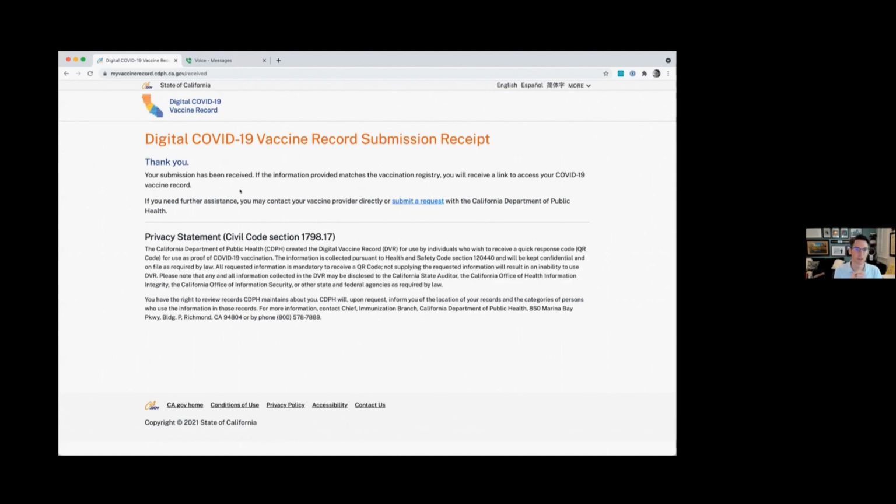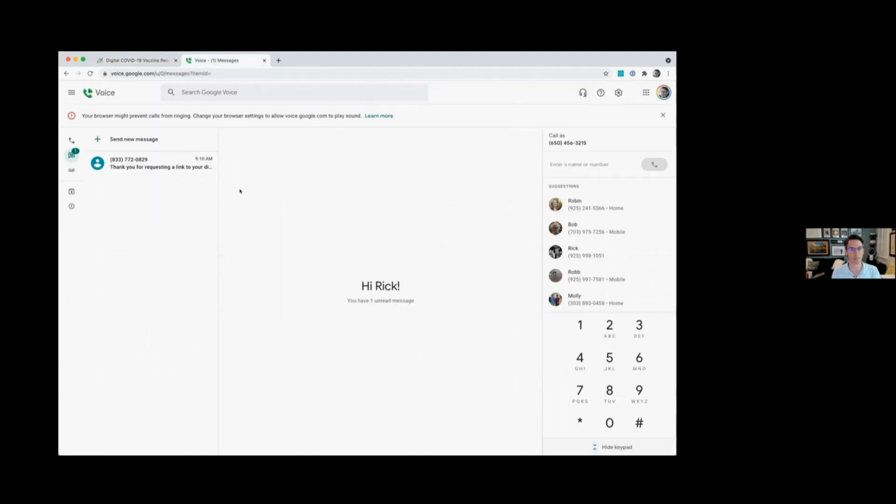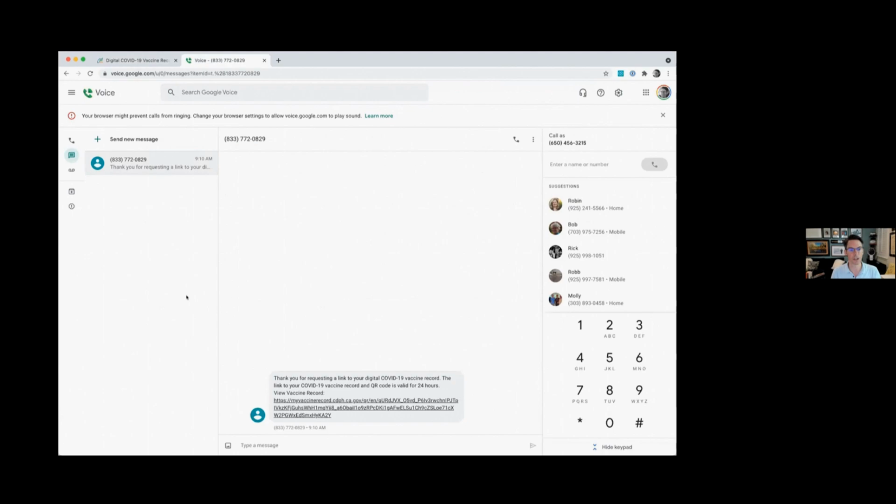So if the information that you shared with the provider was not, in fact, transmitted in that HL7 message to us, we might not have contact information for the individual record in question. In this particular case, I didn't do any magic on the back end. My contact data happened to be in the system already. So if you see here, this is just my Google Voice interface. I received a text message from the same site,